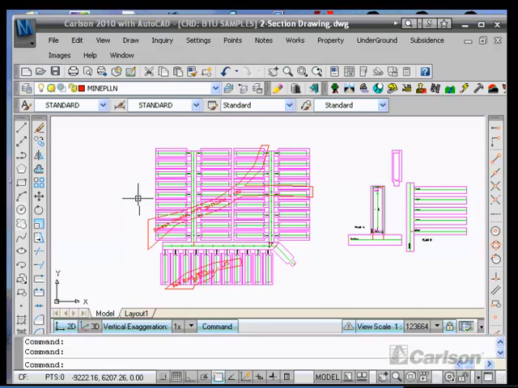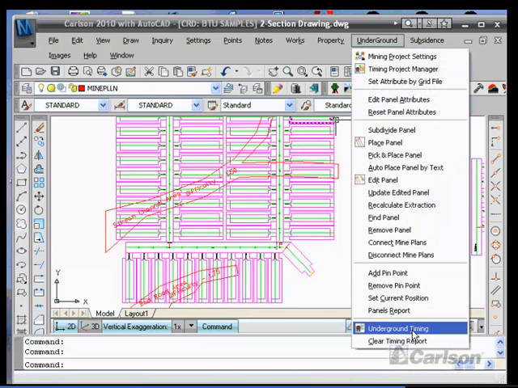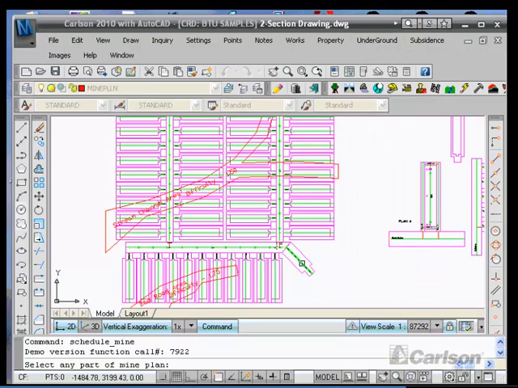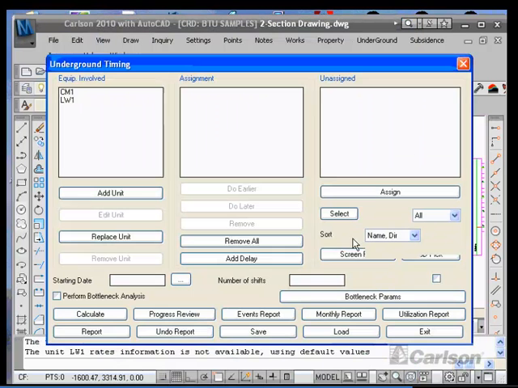The way we'll go about that is we'll leave what we have on the screen here, zoom in a little bit. I'll go to underground timing, pick on the backbone line. It's all connected up as one mine plan. The different areas were connected together after they were placed. Most of the time we can place them in one group, but I believe these mains were placed using the place panel, and then the offshoots, the panels off to the left and right here, were placed using our place panel like text. If we pick on the green backbone line and we accept these start dates, we hit OK,